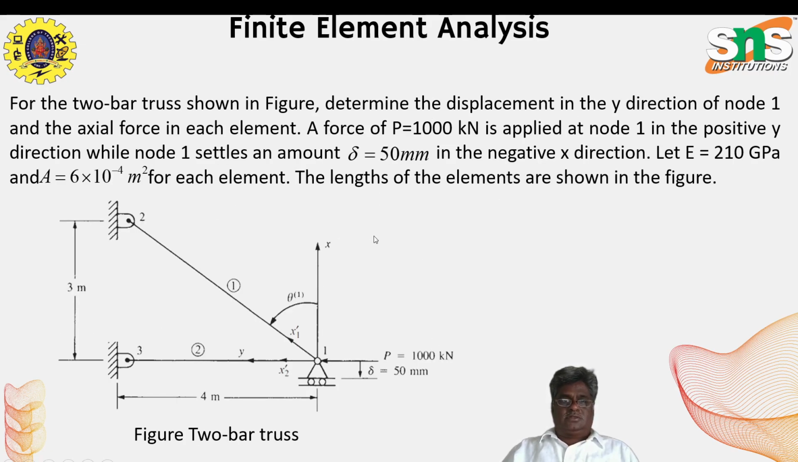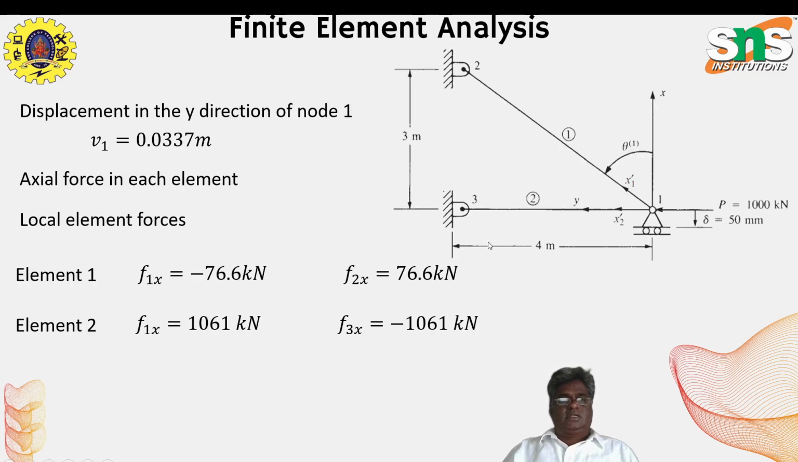The problem is asking to determine the displacement in the y direction of node 1 and the axial force in each element. Summary of the result: displacement in y direction of node 1, V1 equal to 0.0337 meter. Axial force in elements 1 and 2: F1x minus 76.6 kilonewton, F2x equal to 76.6 kilonewton. Element 2: F1x equal to 1061 kilonewton, F3x equal to minus 1061